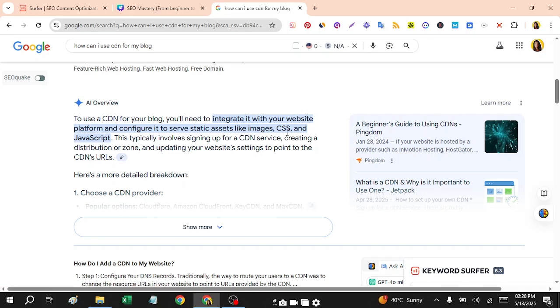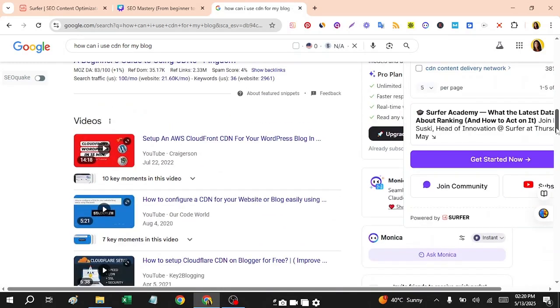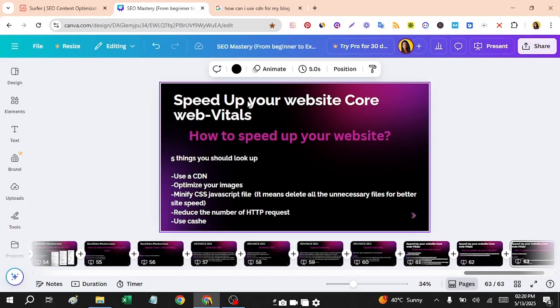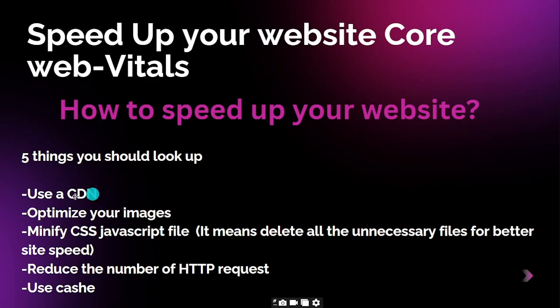You will need to integrate the CDN with your website platform and configure it to serve static assets like images, CSS, and JavaScript. There are lots of videos you can watch to connect the CDN to your blog, so I'm not going into the detail of how to do it here.